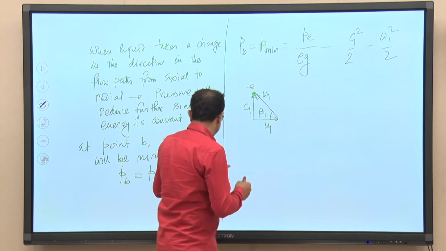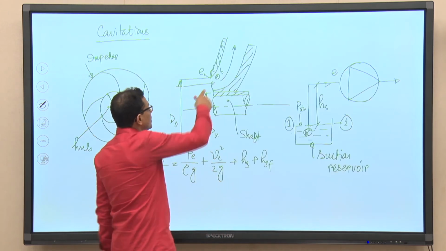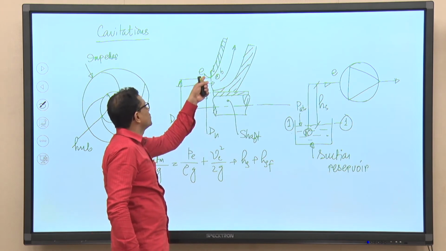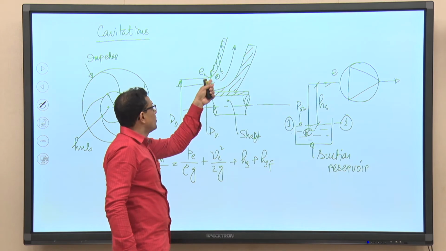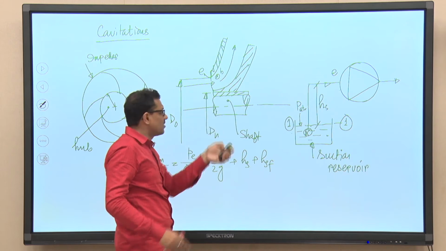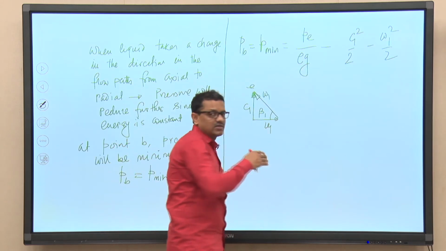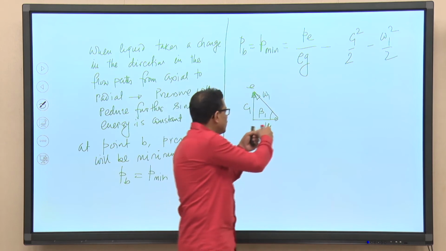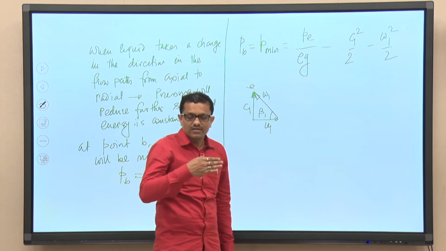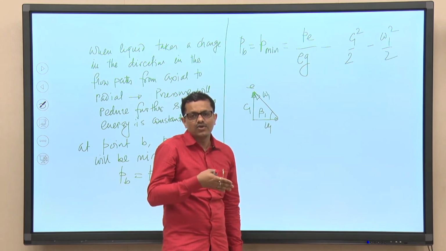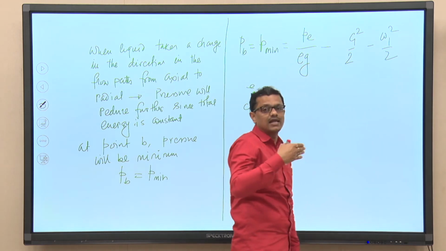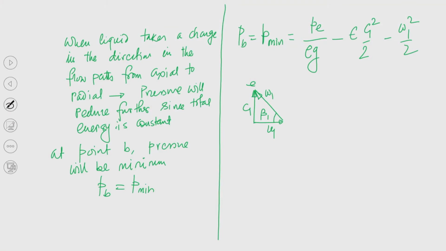So, if we go back to this slide, we really do not know the magnitude of C1 and W1 at this point B. We know the magnitude of U1 at point E. We can calculate the magnitude of W1, because beta 1 is known, that will come from the inlet blade angle. If we know U1, we can calculate W1, and also we can calculate C1, that is fine, but if we go a little inside, then at that point we do not have any clue to calculate C1 and W1, and that is why those are basically experimentally calculated values, and those are multiplied by the constants epsilon 1 and epsilon 2, right.